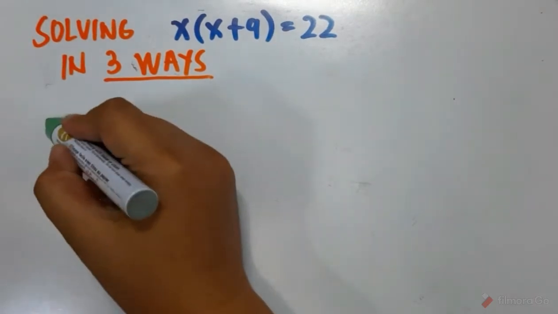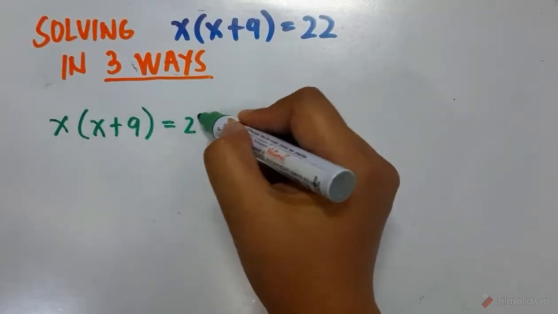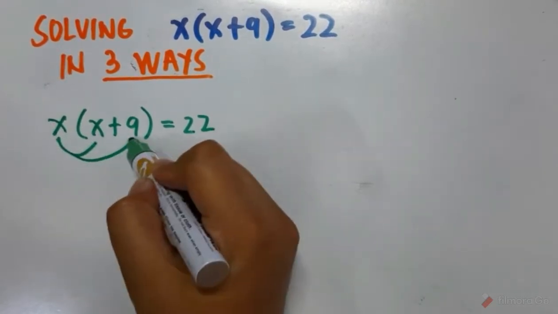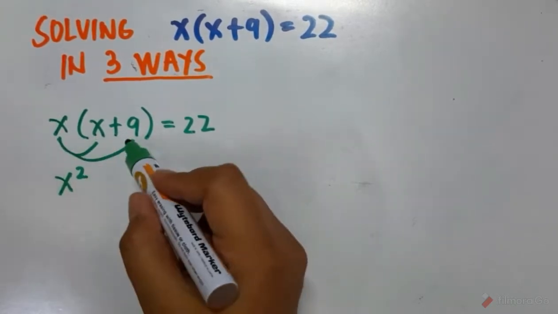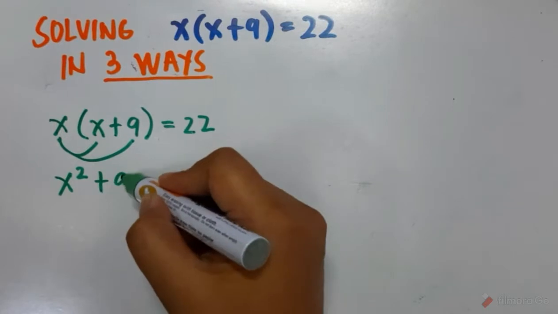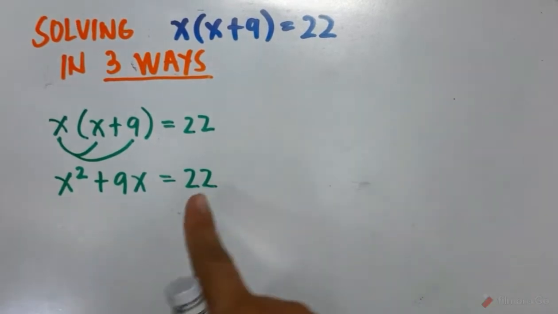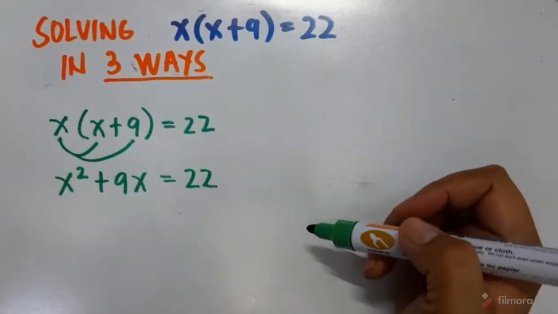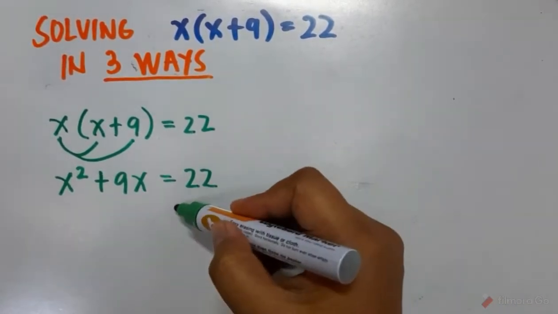So let's start. x quantity x plus 9 is equal to 22. First step is for us to use the distributive property. x times x is x squared. x times positive 9 is positive 9x, is equal to 22. Then we will need to have the right hand side of the equation equal to 0. We are going to use the addition property of equality, or we get the inverse of positive 22, that is negative